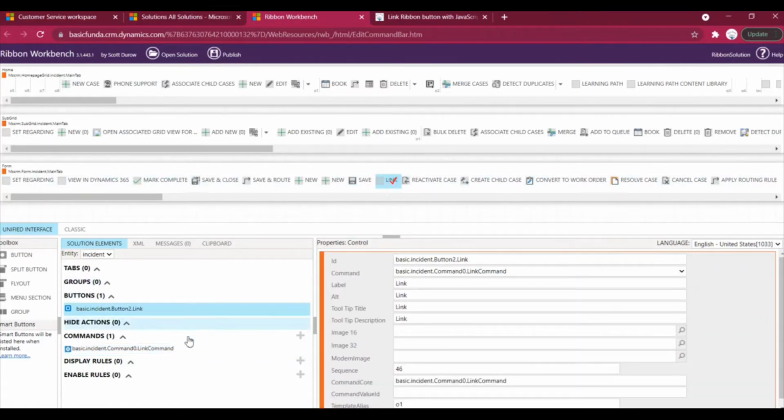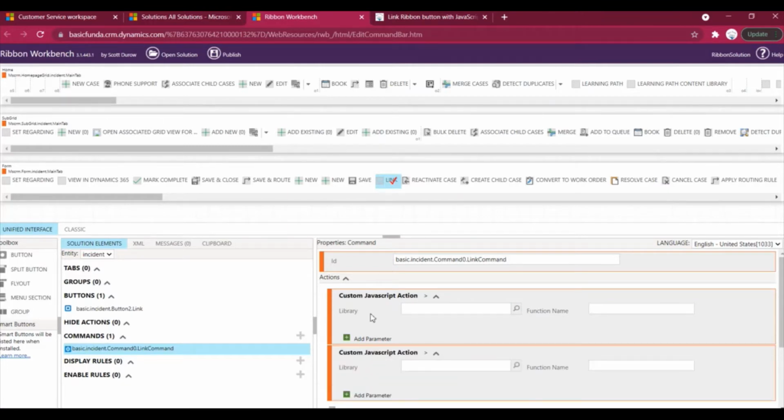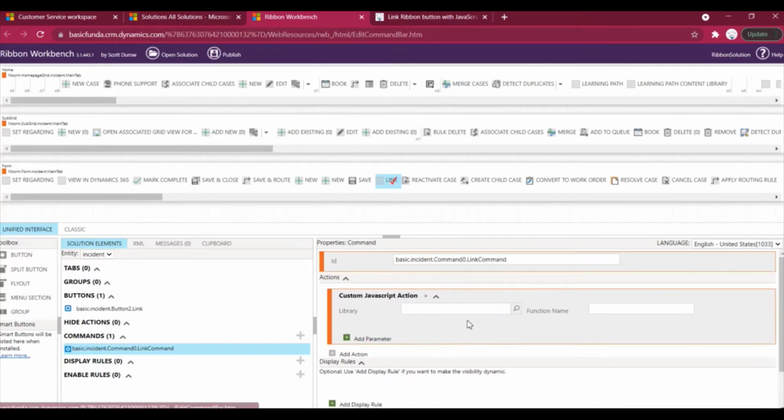in our last video. And now we have added this command. So what we have to do is we have to just go to this action. If we click onto the JavaScript action, this pop-up will get open up. So as of now, I will just close the one and I will use this. So as you can see, this is asking for two options, the function name and the file. So before we begin, we need to create one file that we will add here, and we will write the function here which will be called onto the link button click.